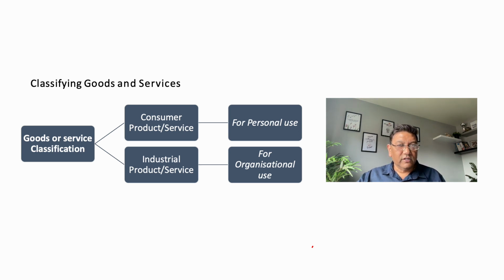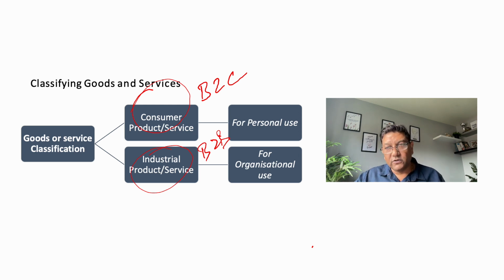One of the goods or services could be the consumer good, which is being consumed directly by our consumers. The second type could be for industrial purposes, which is business to business, not business to customer. So this one is business to customer and this one is business to business, the industrial one. Business to business is for organizational use. For example, you are supplying paper to an organization. You are not selling it directly to the consumers. So that becomes the business to business model.